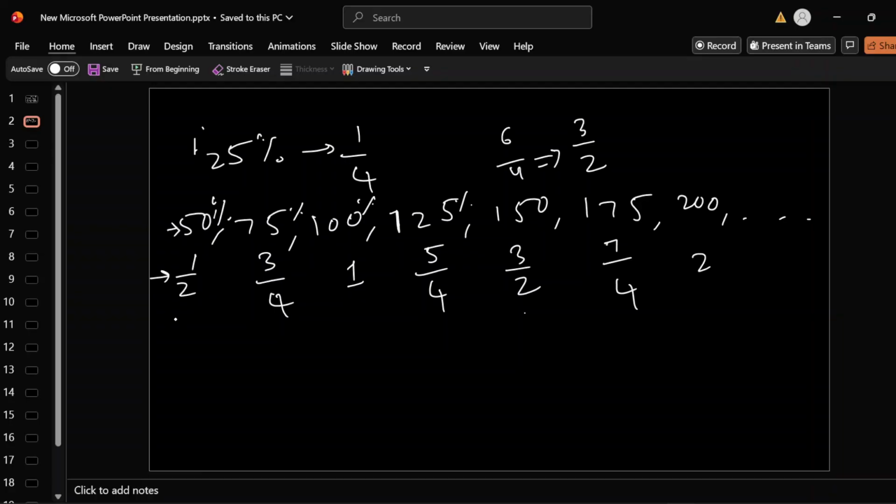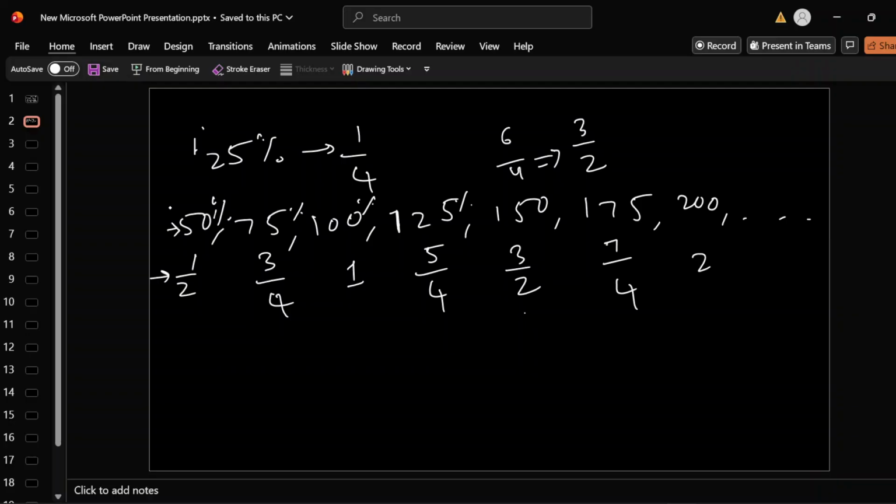Why we are learning these fraction values: in upcoming problems, to do faster calculations we have to learn the fraction values of percentages. So here we have learned 25% multiples. Next,